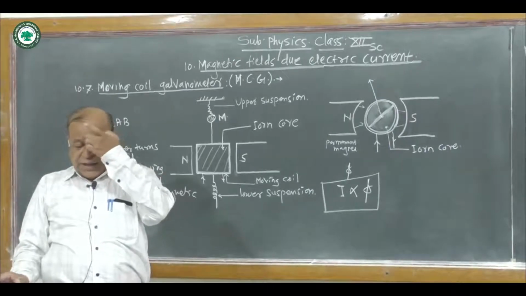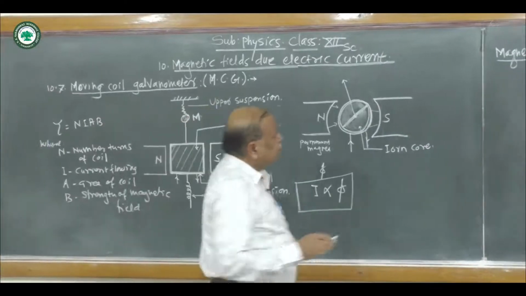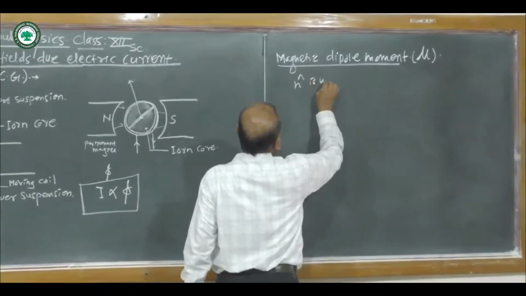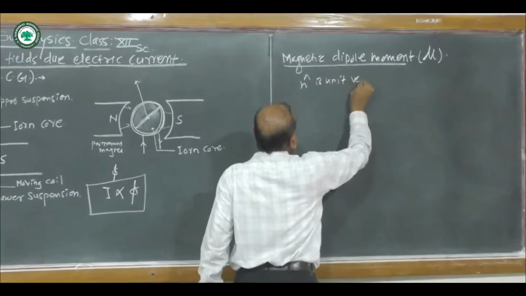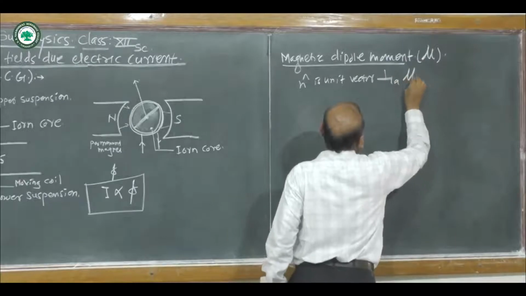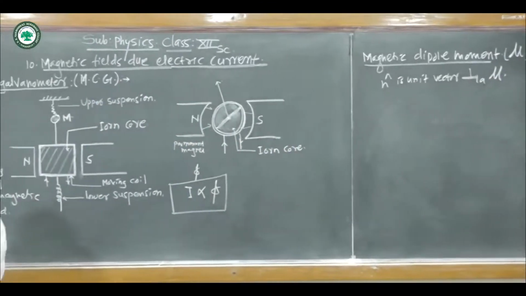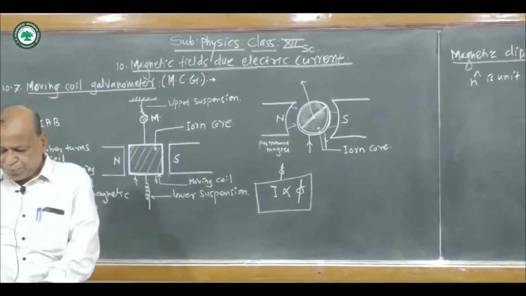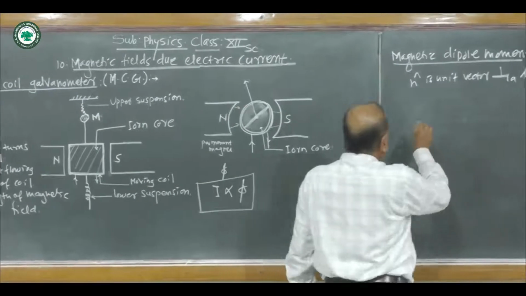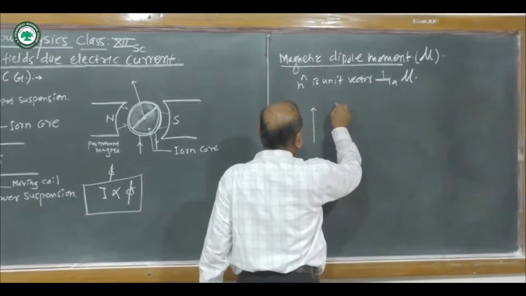If n cap is a unit vector perpendicular to the magnetic dipole moment mu, and now here consider two cases,